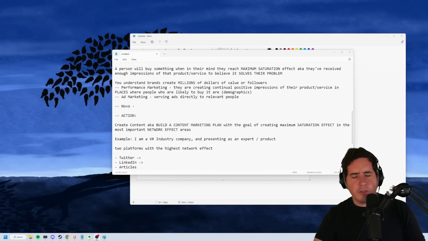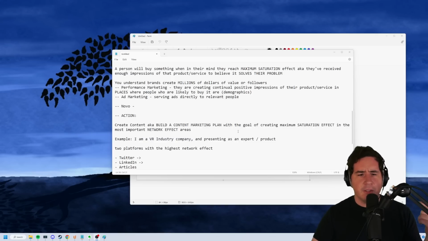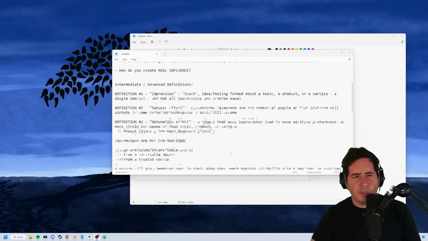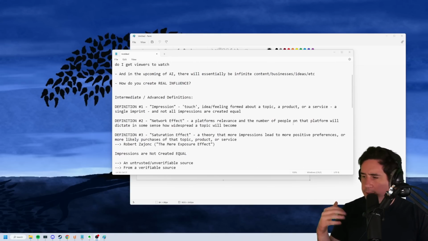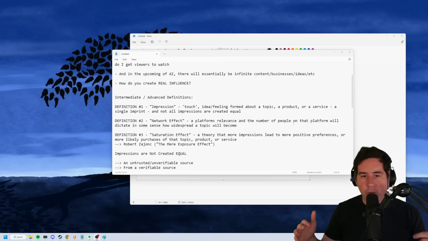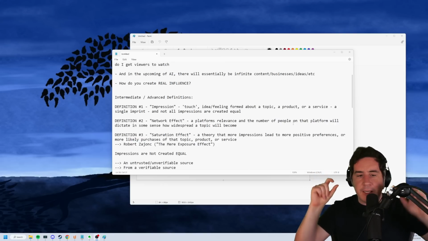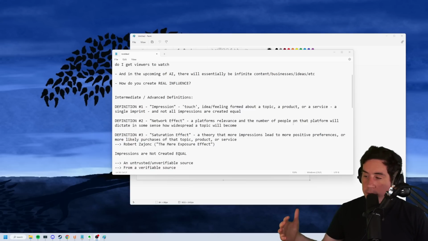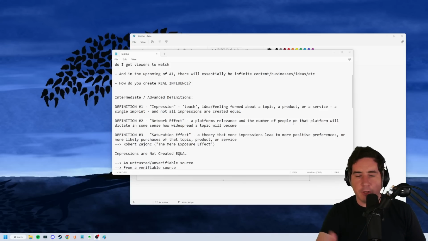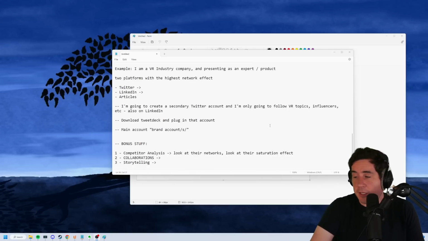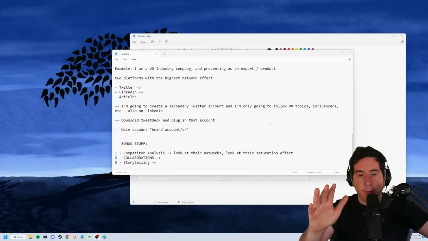Okay, so that is exactly what I would do. Hopefully I've given you enough information to structure a plan for yourself to be able to create this kind of outcome. There's probably more to it, but this is the basics of the idea of network and saturation effect, which I love. Now that you know these concepts, I encourage you to go out into the world and look at each influencer or each business and figure out how they're doing this. Everybody has a strategy, and good marketers understand the strategy and have it actually written out for their businesses. I would encourage you to find interesting examples of these effects in the world and these really high quality impressions. And if nothing else, maybe you never use this information, but you can see how the whole world operates and presents to us.